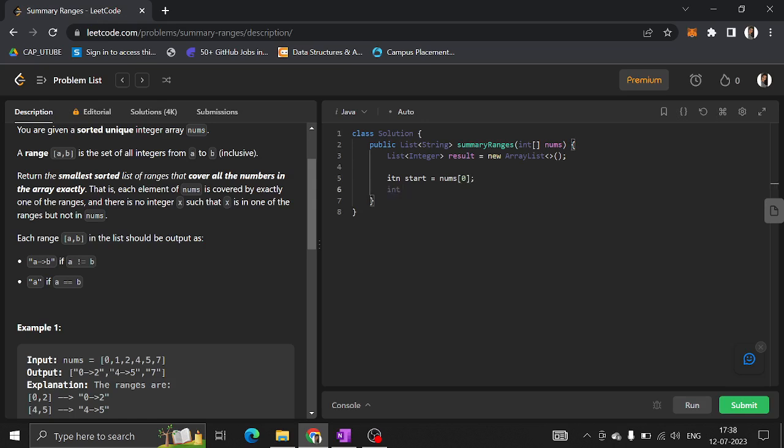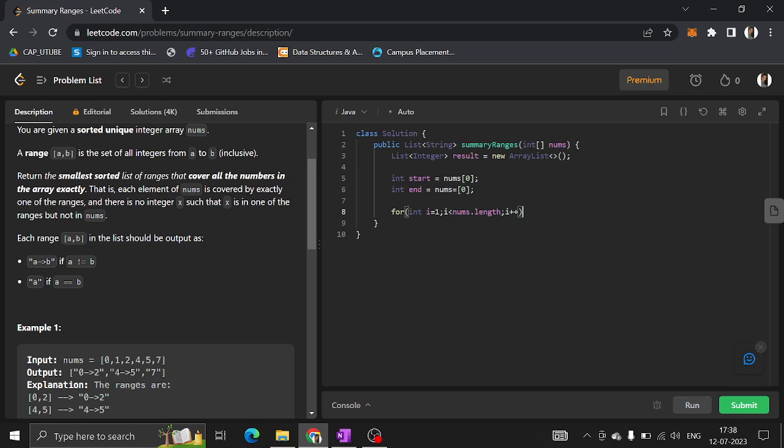Similarly, int end also will be pointing to nums of 0. So next, for int i equal to 1, i lesser than nums dot length,